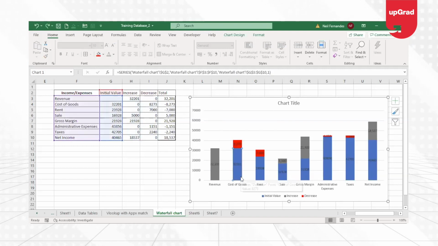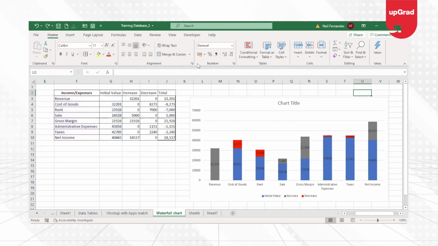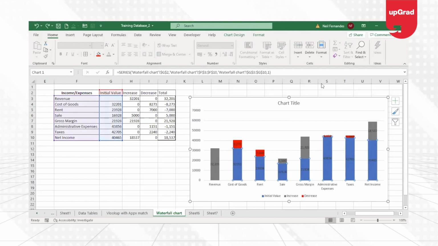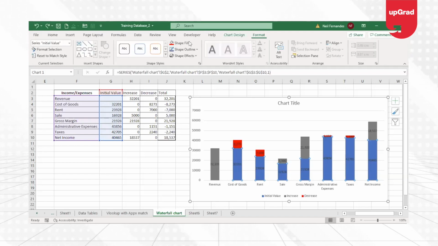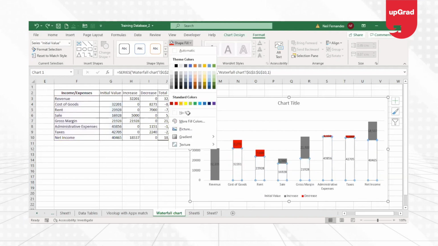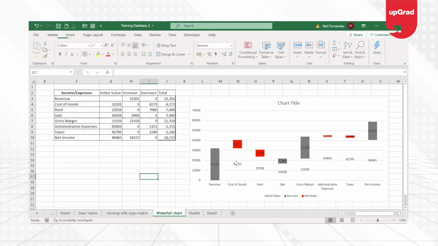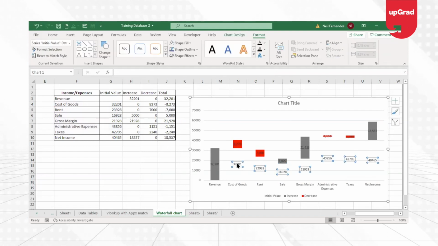When I'm doing that, I'll have to be careful, because if I remove it completely, it is going to remove the data completely from that list. So I cannot delete that data, but I'll have to color it in such a way so that it doesn't show up at all. So what color can I show it in? I can just color it in a transparent color, which is no color at all. So I can just say no fill, and I can remove the data labels from this.